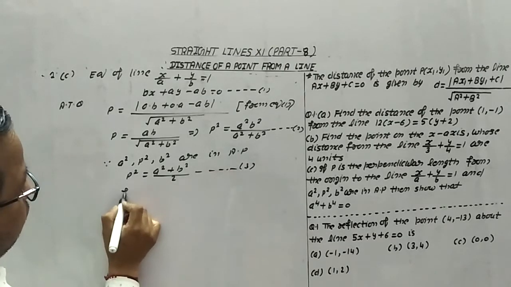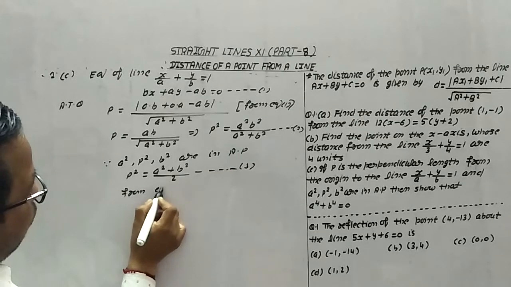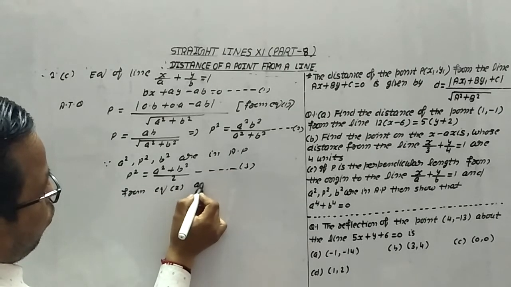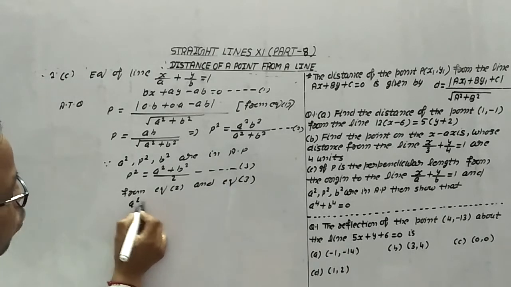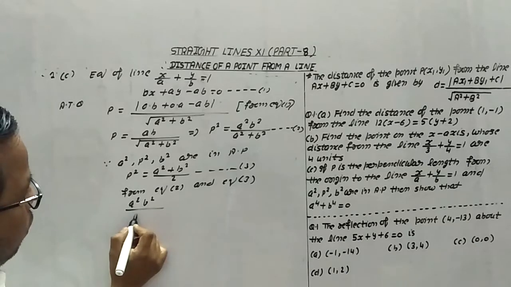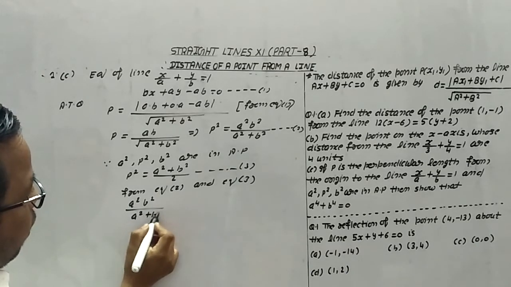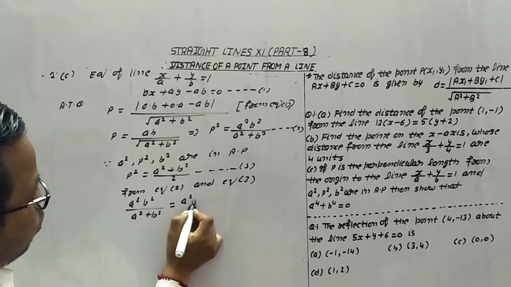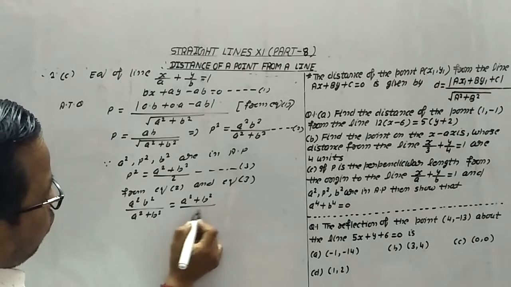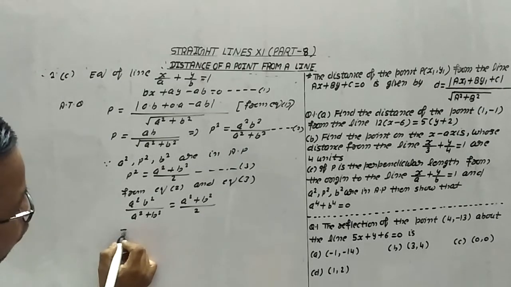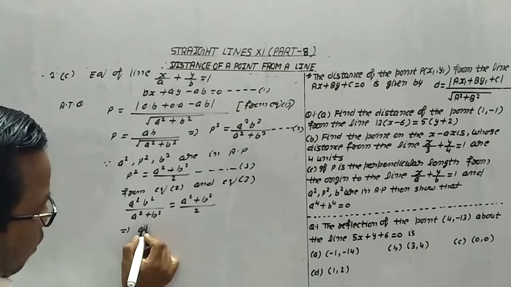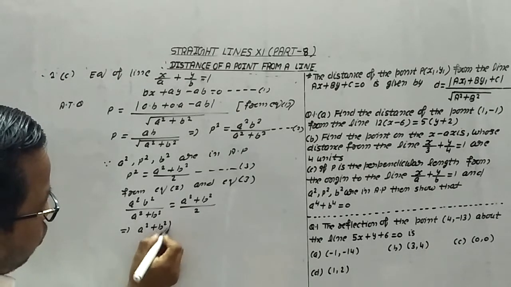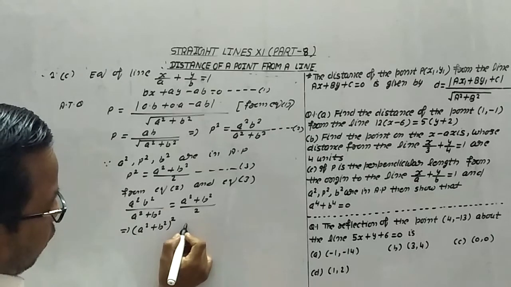Now from equation 2 and equation 3, what we observe is that a square b square upon a square plus b square is equal to (a square plus b square) upon 2. So by cross multiplication, this becomes (a square plus b square) whole square,